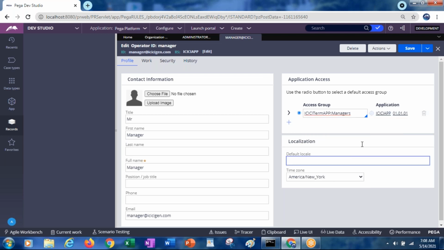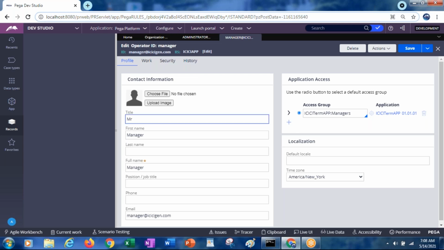For example, now I want to give the managers access group. The application is the same. Now save it. So now 2 operators are there. Here I logged in as administrator at icici.com.